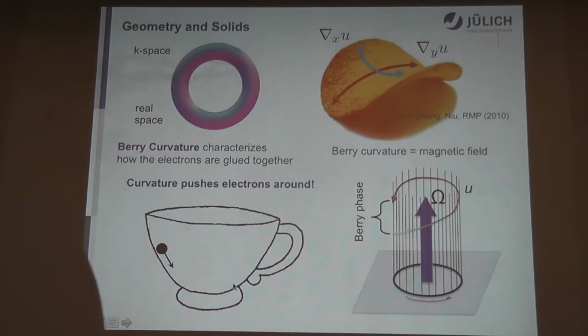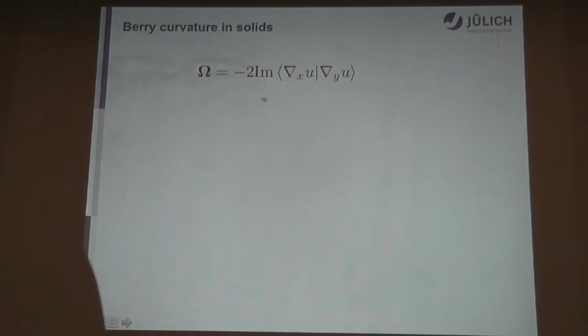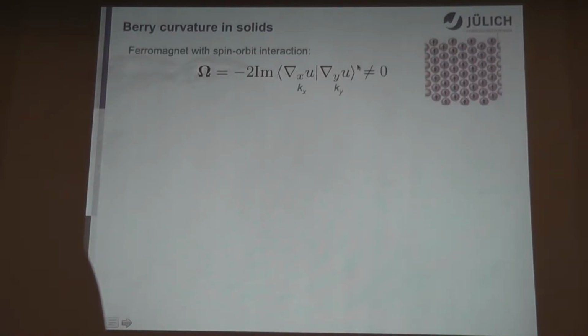Very simple. Now, this is the general expression for the curvature, and in solids, as I said, it is the K-space which is responsible for generation of this non-trivial Berry curvature. This particularly concerns ferromagnets with spin-orbit interaction included. Now, in terms of a ball on the surface of a cup, it is very easy to understand the meaning of the Berry curvature as a kind of response quantity.